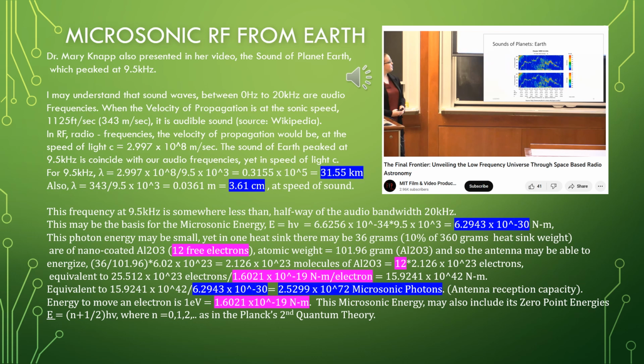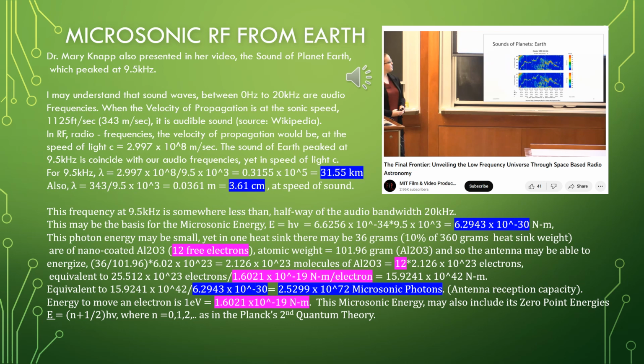This photon energy may be small, yet in one heat sink there may be 36 grams, that is 10% of the 360 grams of the heat sink weight, of nano-coated aluminum oxide, with 12 free electrons. Atomic weight equals 101.96 grams for aluminum oxide, and the antenna may be able to energize 36 divided by 101.96 times 6.2 times 10 to the power 23, equals 2.126 times 10 to the power 23 molecules of aluminum oxide, equal to 12 times 2.126 times 10 to the power 23 electrons,